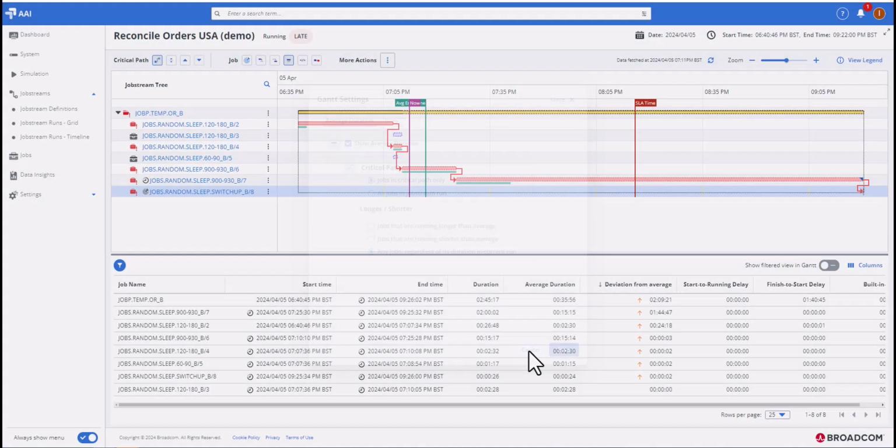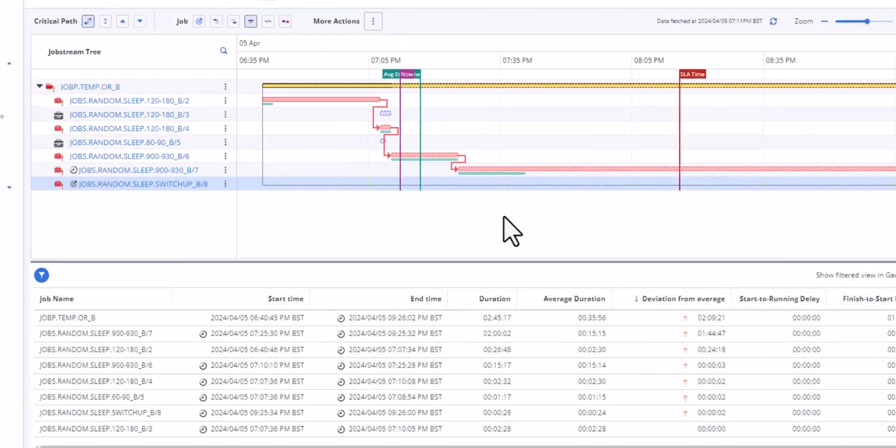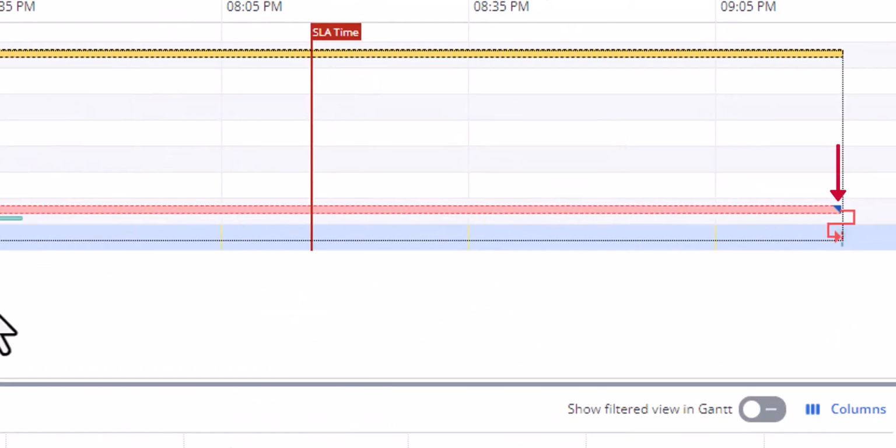The second to last job, the same job that we identified as deviating from its average by a large margin, is displayed as far exceeding its average duration. We can easily see this because the execution bar on top extends much further out than the average runtime bar beneath does. Something else that is unusual is we see a blue triangle on the execution bar of the job